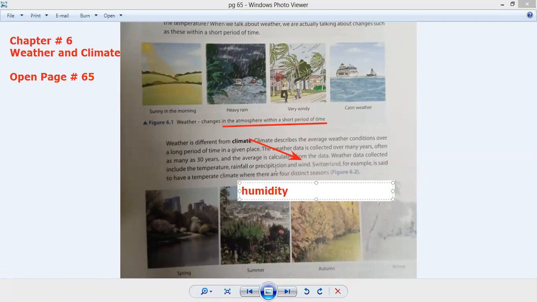Okay, so after humidity, the precipitation, we have the wind. They check what the pattern of wind is in that area. They are just noting the pattern. So all of the data is gathered on the basis of pattern. It's the same as a student getting good marks in the first test, good marks in the second test, third test. Then we will predict that that student will get good marks the fourth time. Why? Because of the previous data, we are calculating that that student will get good marks.